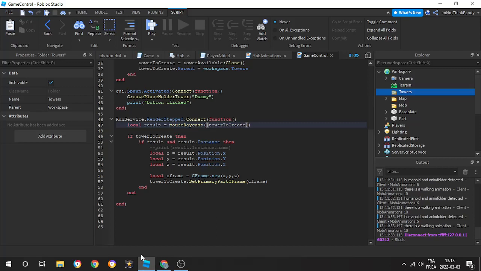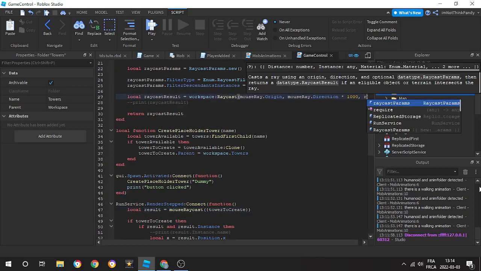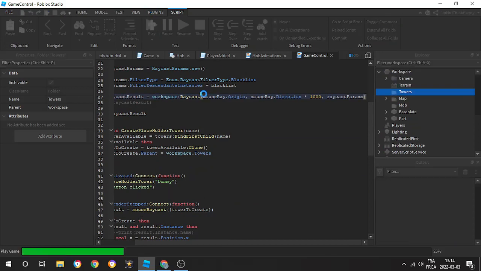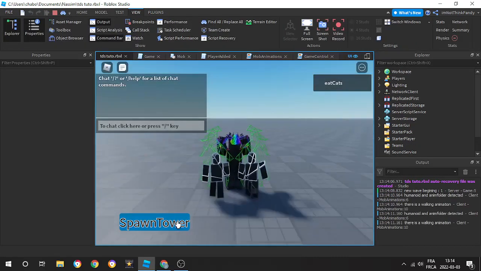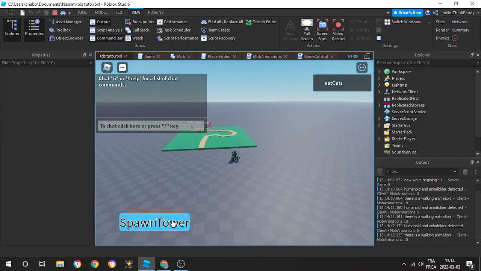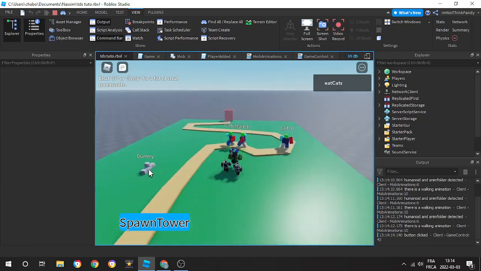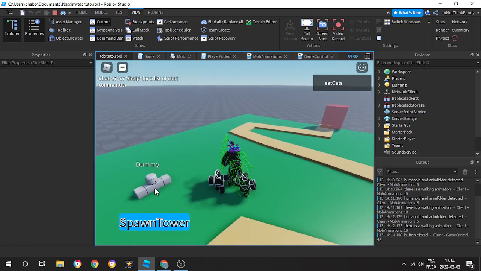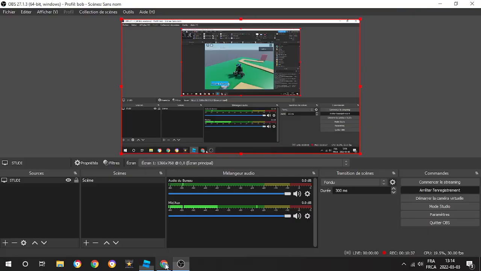Okay, and also here we do comma and raycast params. Now if we hit play, we have our dummy, but there's just one problem. He's in the ground,